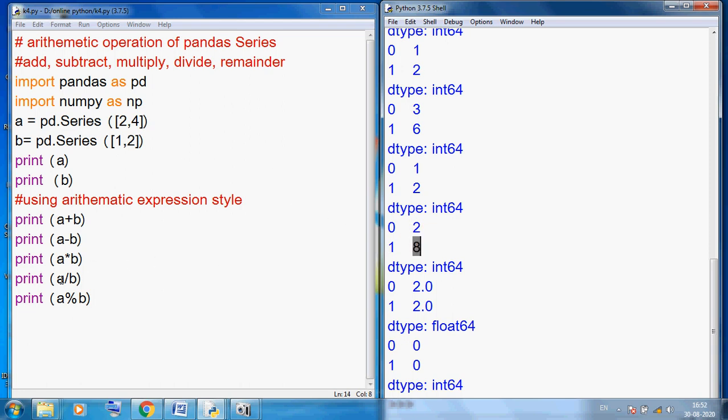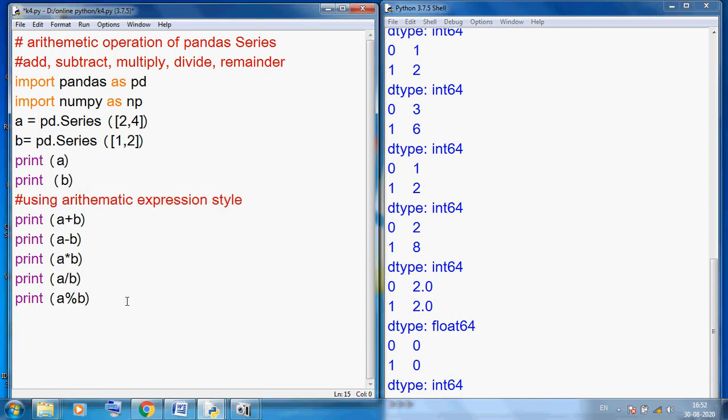Now next is divide: 2 divide 1, output is 2, and 4 divide 2, output is 2. The last is remainder: 2 divide 1 divides completely, so remainder is 0, and 4 divide 2, the remainder is completely 0. So we can use arithmetic expression style.